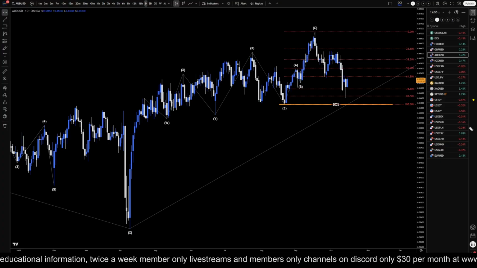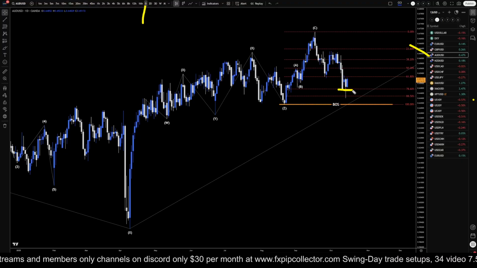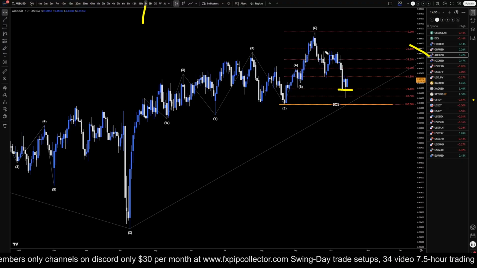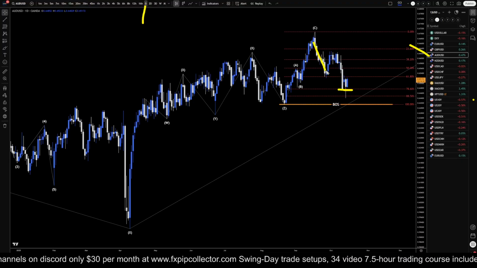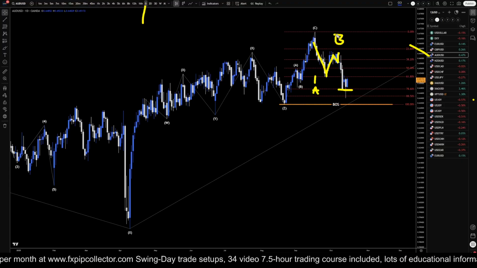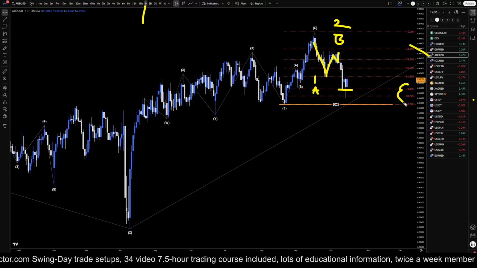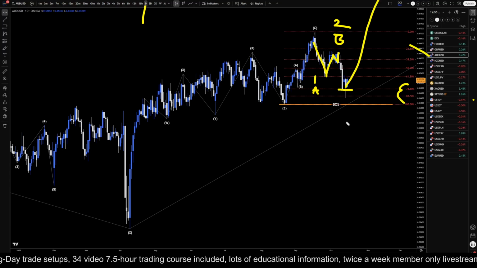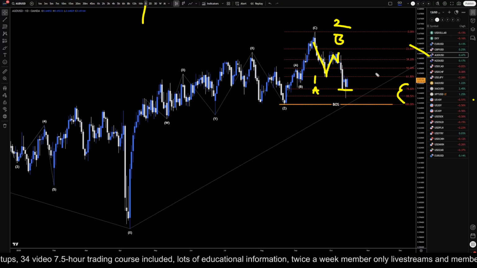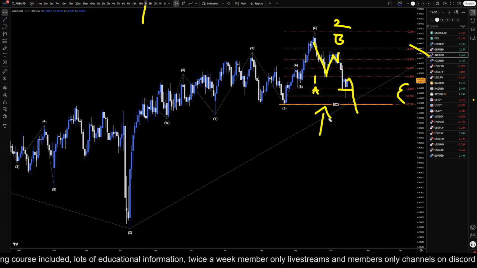Today is Wednesday, October 15th, and this is my analysis for the Aussie US dollar, and we're on the daily time frame. So, on the daily time frame, we did pull back a lot at the 78%. I've been saying for the last couple of days this first push down is either a 1 or an A. This is either a corrective wave B or a corrective wave 2, and we're either in a wave C, which would respect the fib level and then turn back up, continuing the higher time frame uptrend, or we're potentially in a wave three. And if it is a wave three, it will go down and it will break this structure.